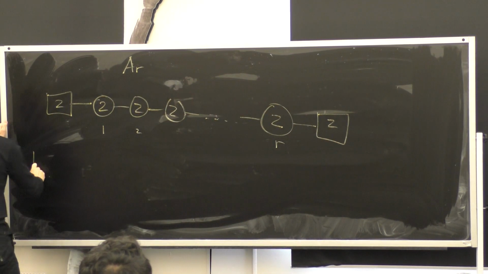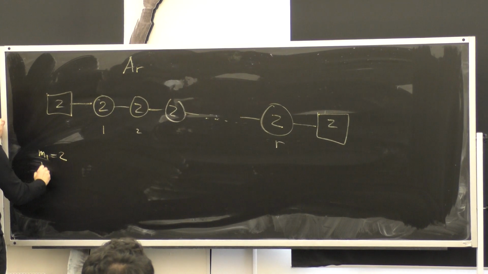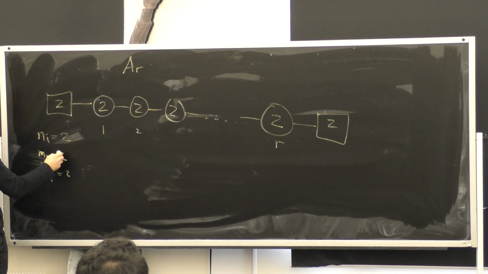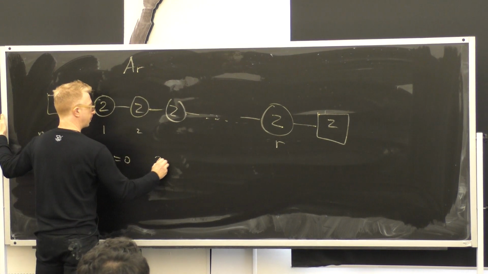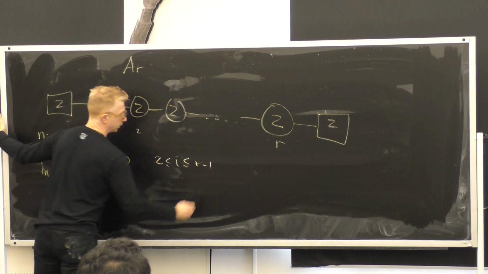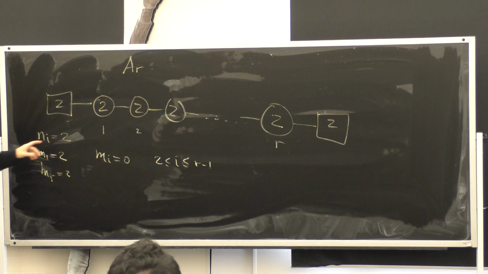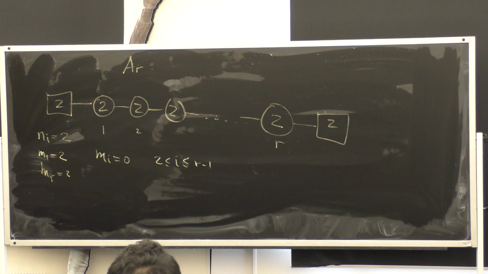So it means that we have m1 equals 2, mr equals 2, all ni's equal 2, and mi equals 0 when i is between 2 and r minus 1. So that's an example of the asymptotically conformal theory. It's a generalization of the A1 theory, for which you would take 2 and 4. So then this would be kind of a collapsed case. And now we'll